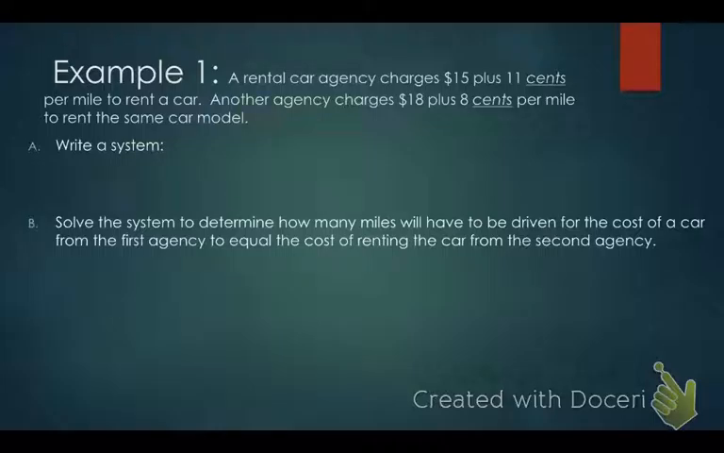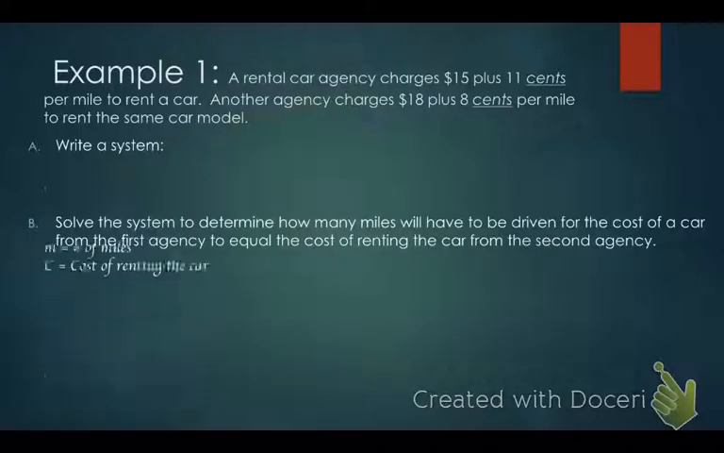So in the first scenario, it says, a rental car agency charges $15 plus 11 cents per mile to rent a car. Another agency charges $18 plus 8 cents per mile to rent the same car model. So we're being asked to write a system, but first of all I want to point out how I recognize that a system is applicable. What I notice is there are two different agencies being described, and the cost as well as the number of miles. So I recognize two variables, and then two separate agencies show me that I'm going to be able to